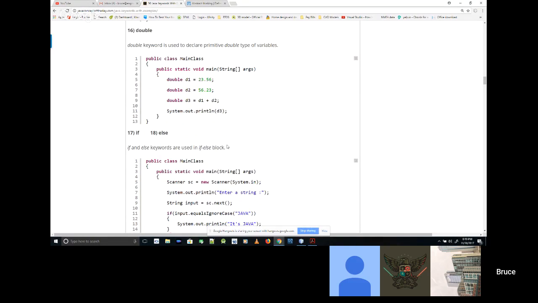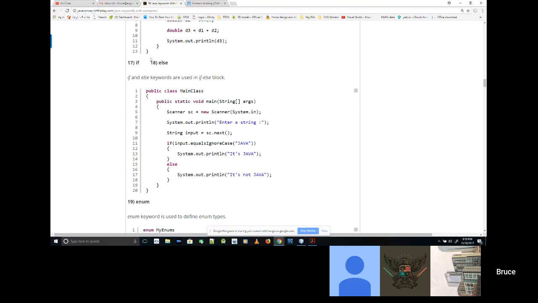We know about if then else. We've done plenty of that. There's if condition, and else is optional, right? Just like the finally, the else is optional with the if statement. You can have just an if statement all by itself, or you can have an if else combination. Else you cannot write by yourself. So you can do if or if else, but not just else. There's no such thing as an else by itself, because there's no elsing to whatever it's doing.